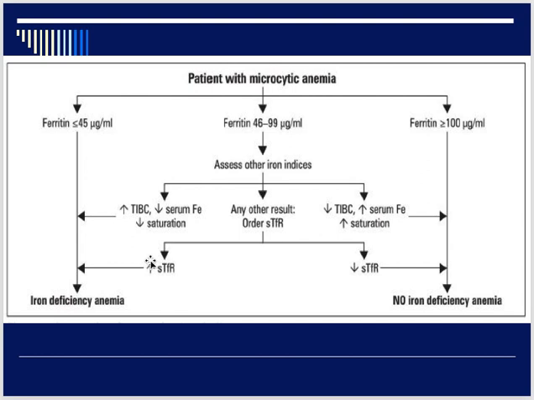Now rheumatoid arthritis is an inflammatory condition, which means in an inflammatory condition all the acute phase reactants will go high, so ferritin will go high. So in them there is a chance that you can get confused about whether it's iron deficiency anemia or not. In that setting of inflammatory conditions we can depend on these receptors, which are called soluble transferrin receptors. If they are coming back as higher, it is iron deficiency anemia. If they are coming back as lower, there is no iron deficiency anemia. Okay, I hope you understand.